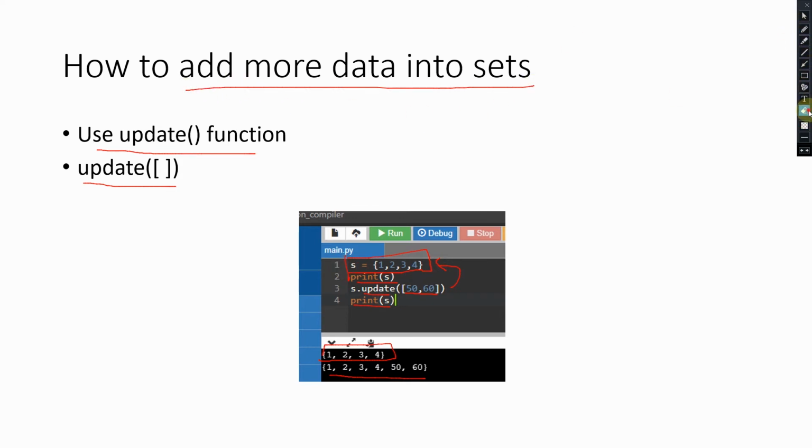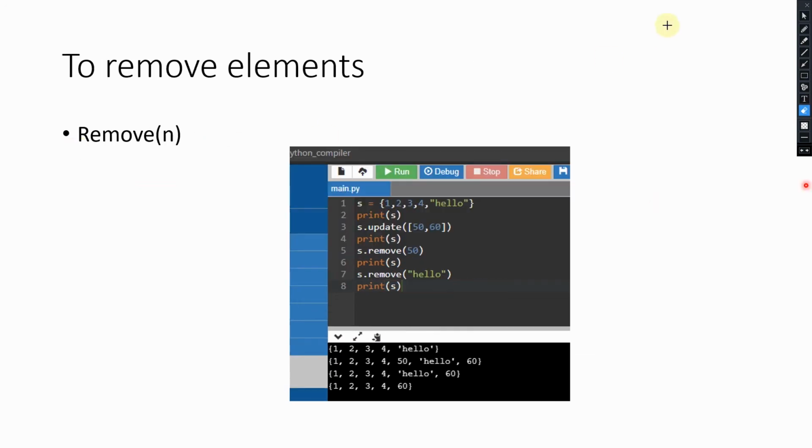If you want to see how to remove elements from the set, you have to use this function, and inside the parentheses you can pass the number or a string or whatever data you want to delete. So in this example, I'm storing 1 2 3 4 and hello. It's a string, so you can store any data inside. You can store float, int, unsigned, or negative numbers.